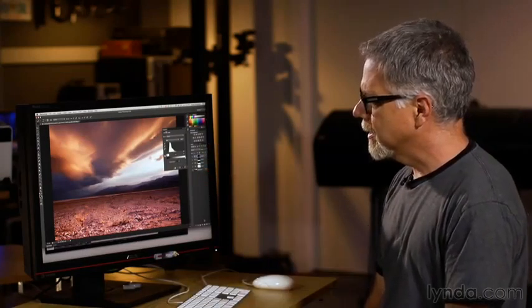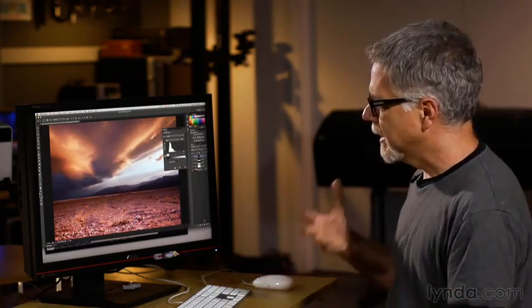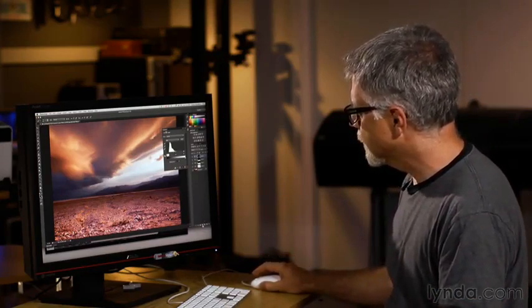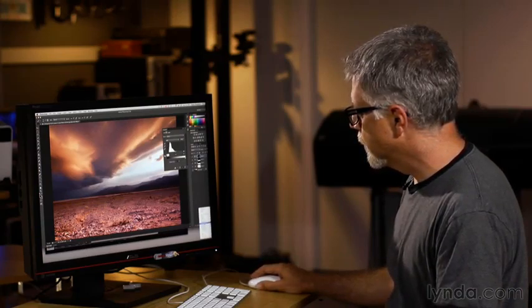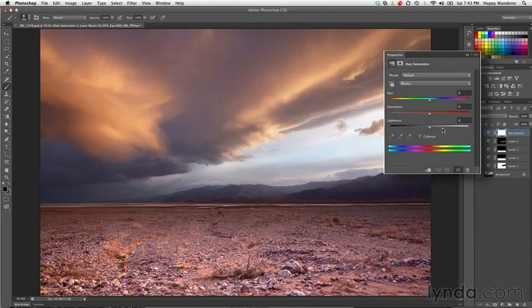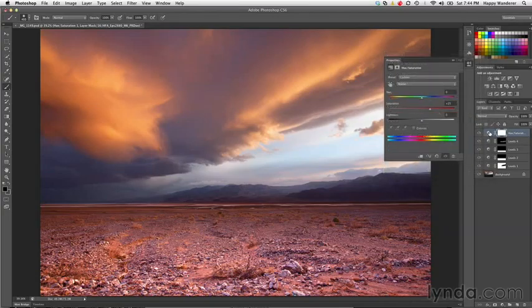My other problem with the color is it's lacking in saturation. I'd like it to have more oomph. And so when that happens, your first impulse is usually to go to the hue saturation adjustment layer or dialog box and start cranking the saturation. And I just really don't like that at all. My colors have shifted from red into orange. They're starting to band and posterize over here. It just doesn't look realistic. It's a really false kind of color. So I'm going to ditch that,